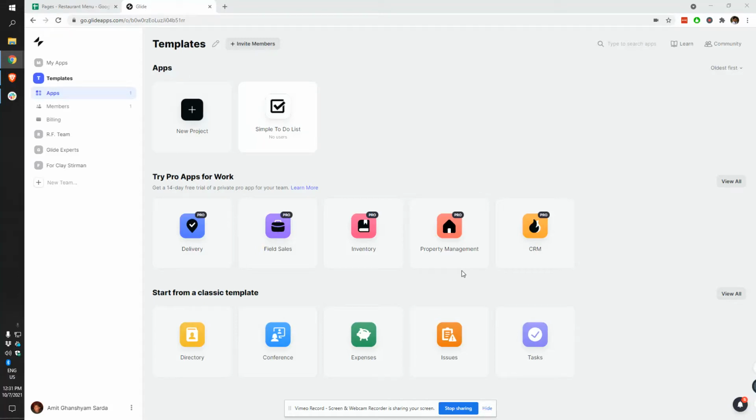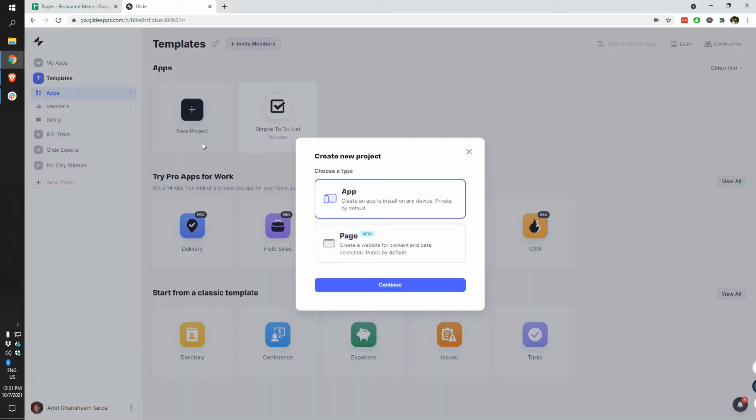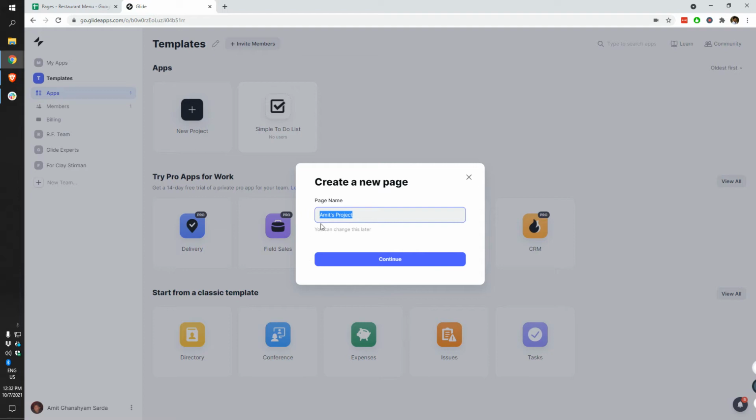Hello everyone. Glide recently launched Pages, and this is me trying to take Pages for a spin. So let's go. I'm going to create a new project, select Page, click Continue, and let's call it